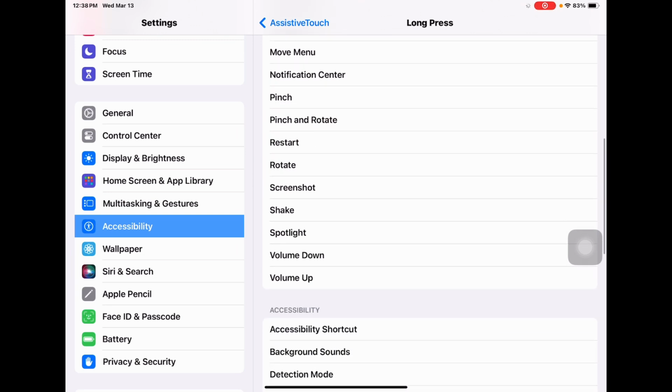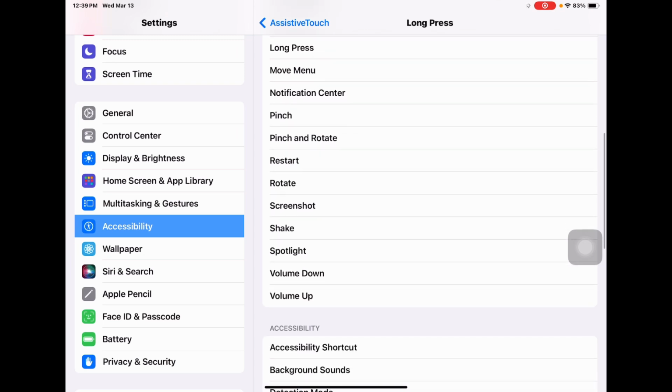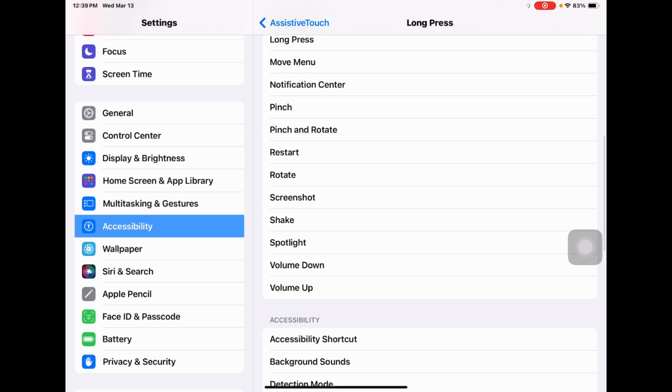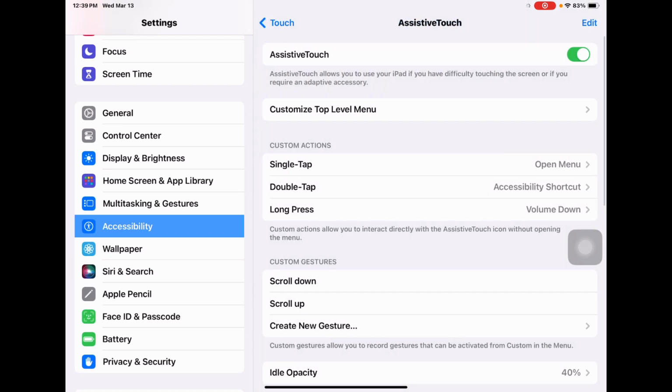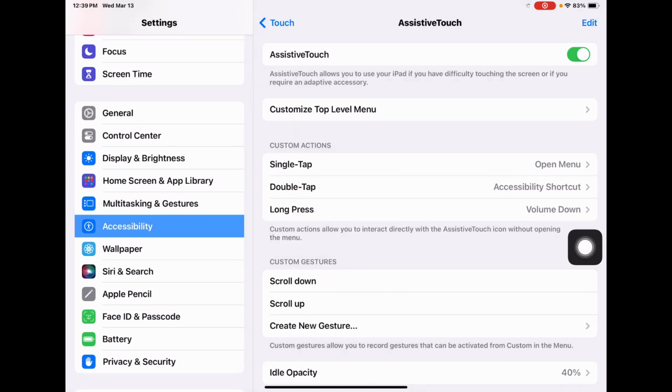Just to keep this simple for video purposes, I might just do like a volume down, just so you can see what it looks like. So now this is all completely set up. If I do a single tap on the Assistive Touch button, it will open up my menu. If I do a double tap,